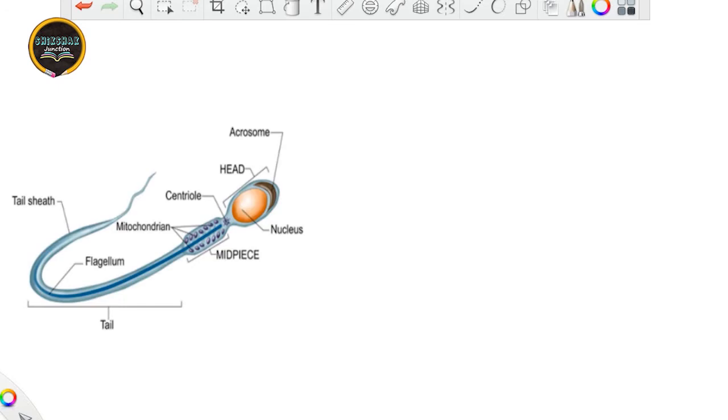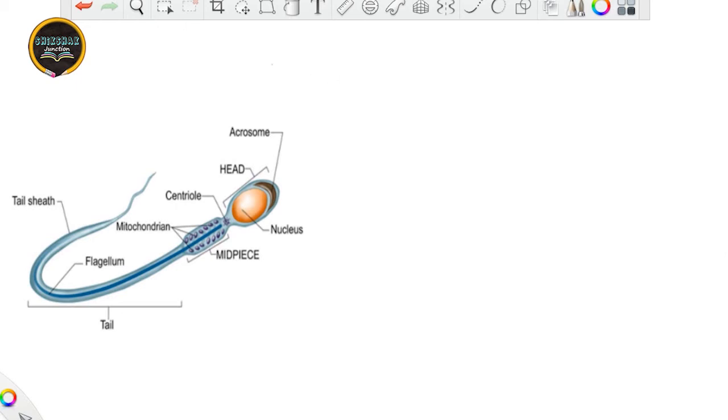Okay, now moving on to the structure of the sperm. This is how the sperm looked like. So each and every organelle, first of all, I will talk about in detail. Now what happens during the spermiogenesis part is all the organelles that have been there in the spermatids now perform their role to make the sperm motile.